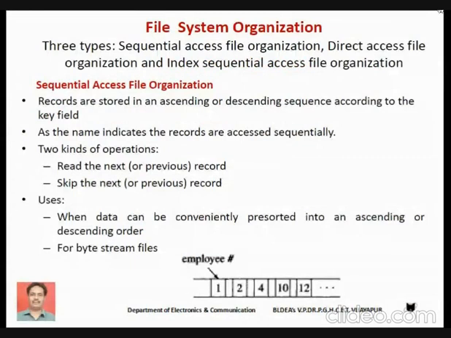In the last class, we discussed some of the basics of file systems. There, we have seen that we can have two types of files called structured files and byte stream files. Structured files are a collection of records. In a structured file, the information is stored as a collection of records. A record in turn consists of fields.